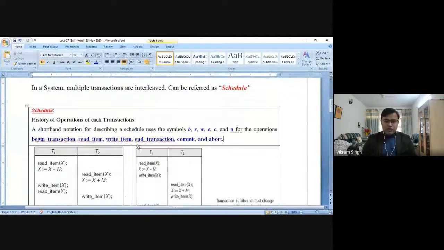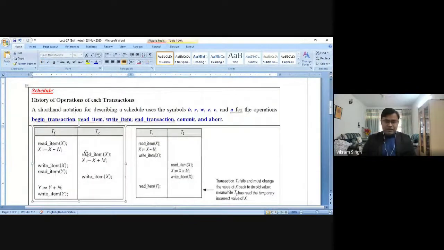Suppose in the left side figure, you can see we have two transactions, T1 and T2, currently running, or maybe in the past they were running, with interleaved instructions. In T1, we have read x, x equals x minus n, and an update operation. After these two instructions, we get the entry of T2 with operations like read item x, x equals x plus 1. Then the context comes back to T1, write item x.